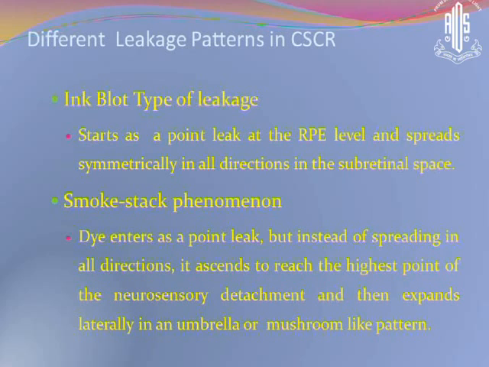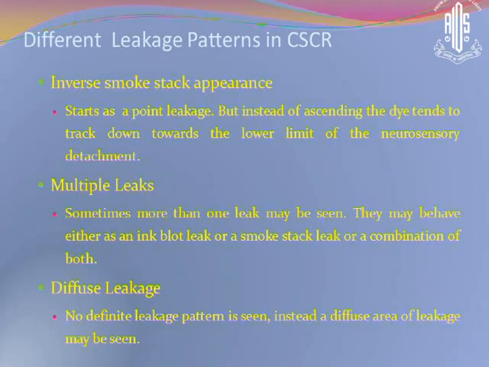An ink blot type of leak starts as a point leak and spreads symmetrically in all directions in the subretinal space. Smokestack pattern is formed when a point leak, instead of spreading in all directions, reaches the highest point of the neurosensory retina and then spreads laterally in an umbrella or mushroom shape. Inverse smokestack is similar, but instead of ascending, the point leak tracks down towards the lower limit. Then there can be multiple leaks, and they may behave either as an ink blot or a smokestack